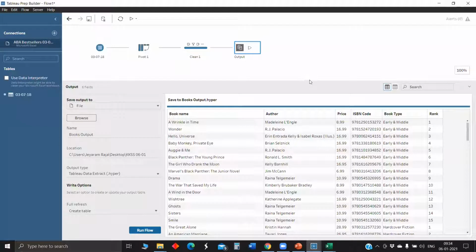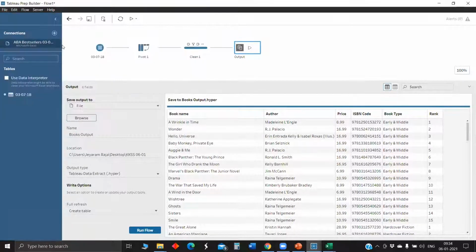In case you are sure that you will just work on Tableau with the processed data file, you can save it as Hyper and connect to Hyper directly from Tableau, and you can work on it. So this is one example which is more focused on pivot. Next, we will make one more simple flow where you will concentrate on union and some of the cleaning steps.